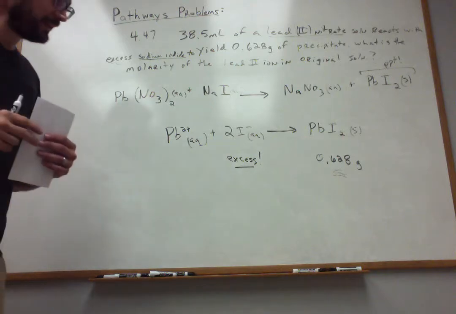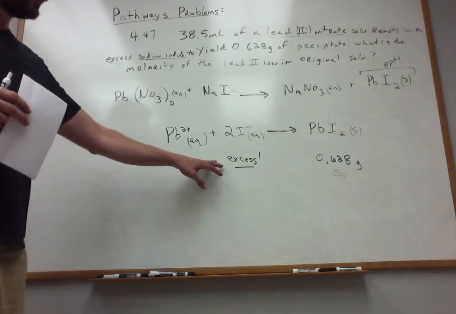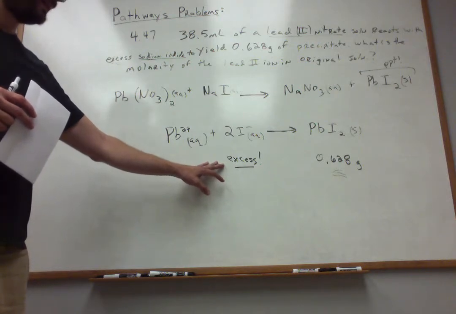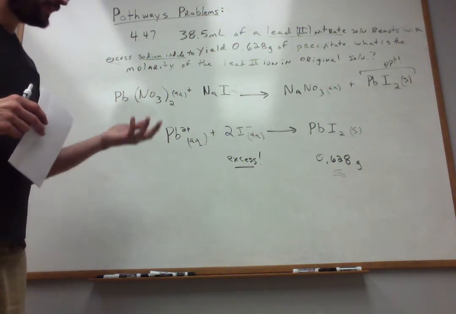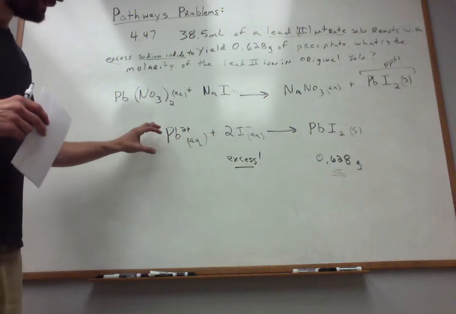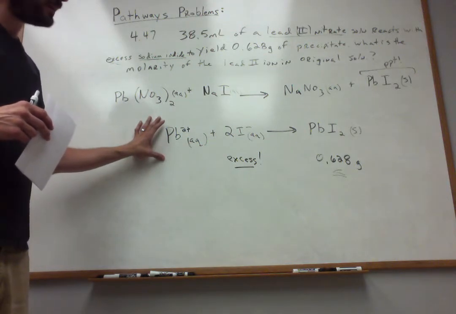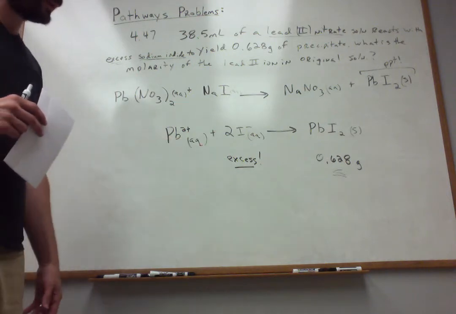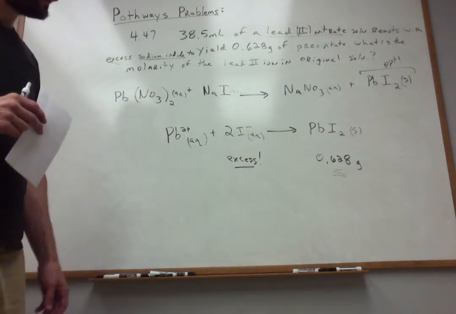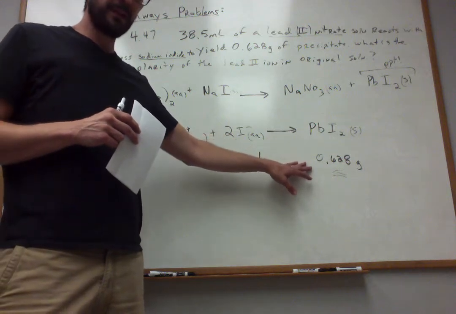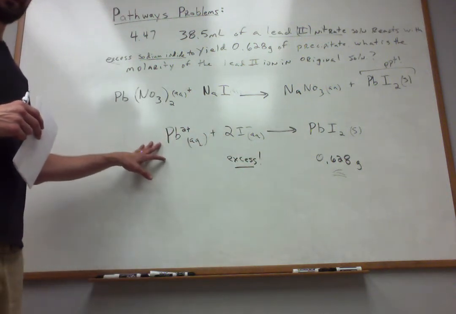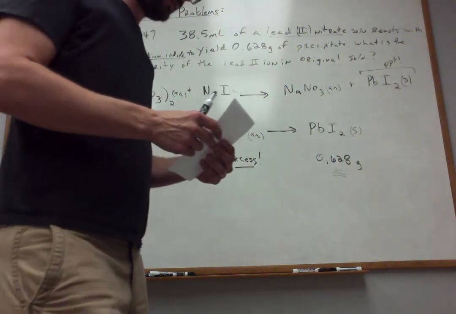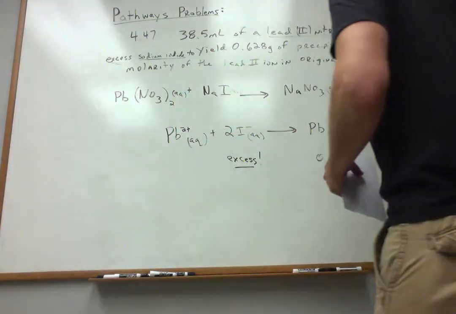And if I'm running this reaction under conditions of excess I minus, it stands to reason then that what's limiting how much of that I can make is how much of this I had to begin with, right? Once I run out of this, I can't make any more lead iodide. So it seems like the amount that I've made is somehow tied to the amount of this that I originally had. So let's expand upon this a little bit further then. Maybe